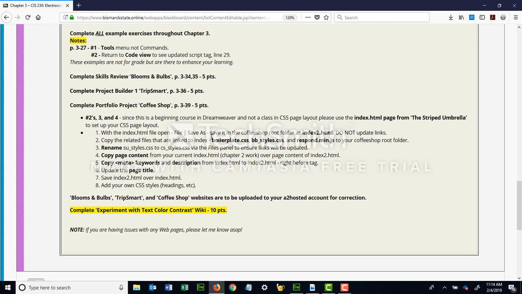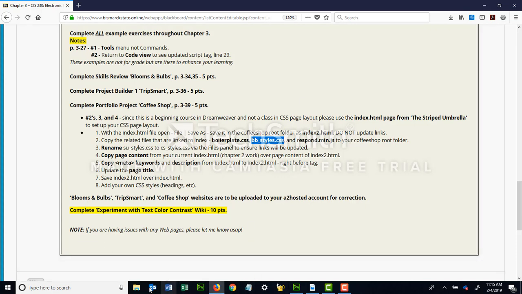We did this in chapter 2, so you need to get boilerplate, BB styles. Okay, we're going to use this as our template. You're welcome to use SU styles or TripSmart_styles. It just has to be one of those, and respond to your Coffee Shop folder. So to do that,